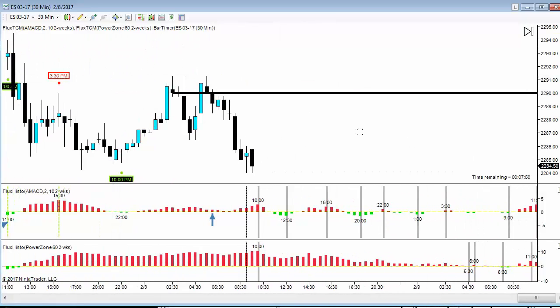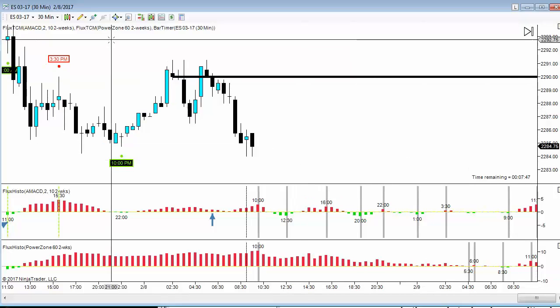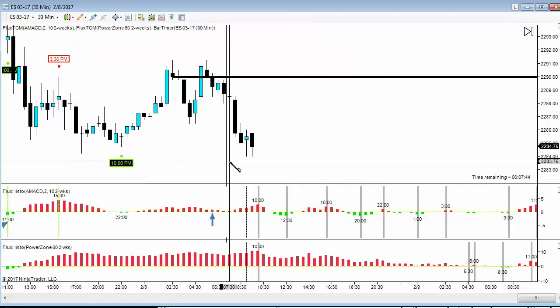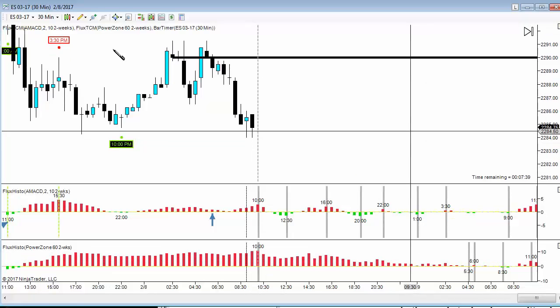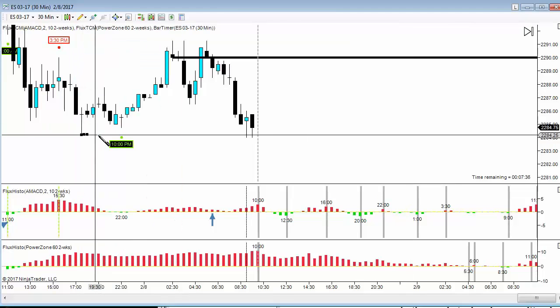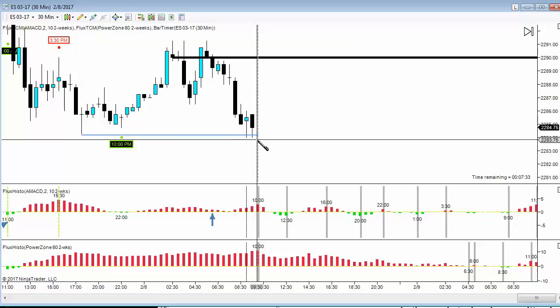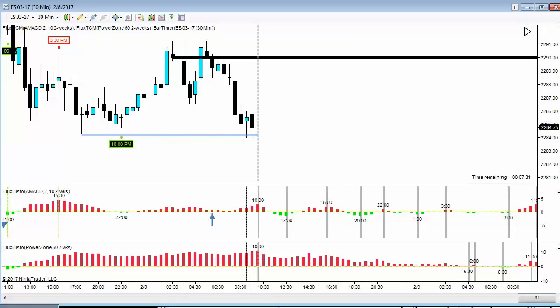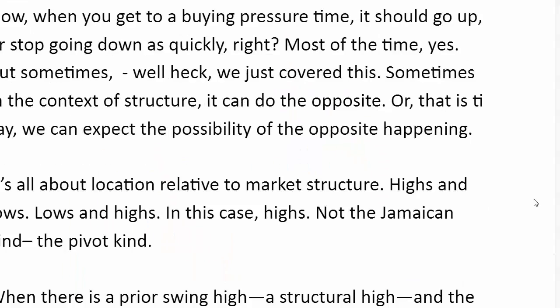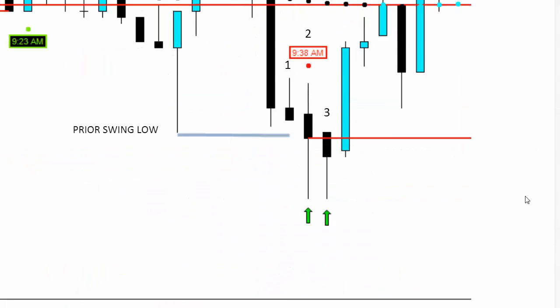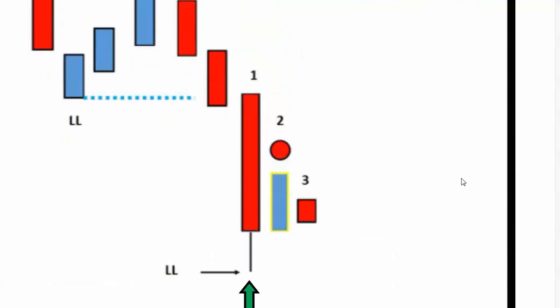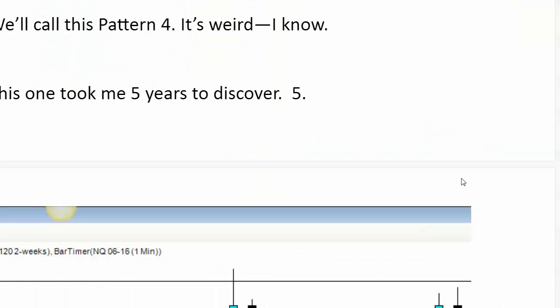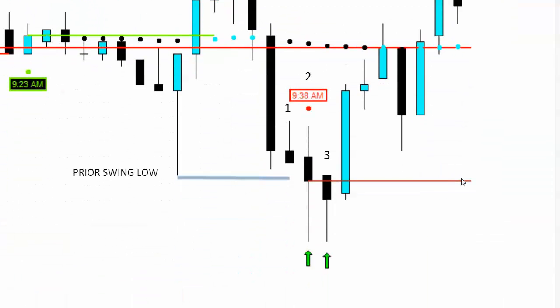Today, for example, on the E-mini S&P on a 30-minute chart, we see on the Flux histogram that there's a potential for selling pressure at 10 a.m. Right now, the market is moving into a lower low as we come into 10 a.m. When the market moves into a lower low at a selling pressure prediction time, we historically see this pattern right here. A pattern where the market tends to stop, reverse, and go the other way. And so when we see that pattern in real life, it tends to play out like this.